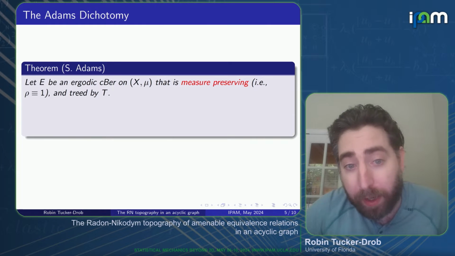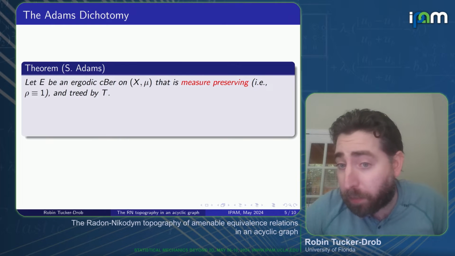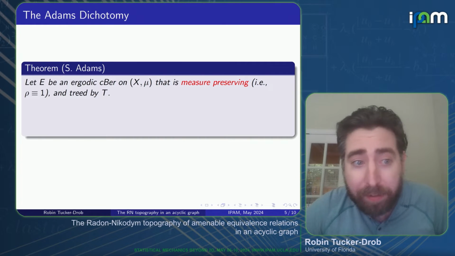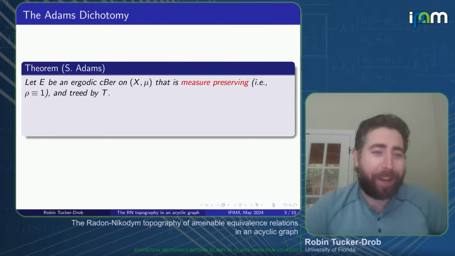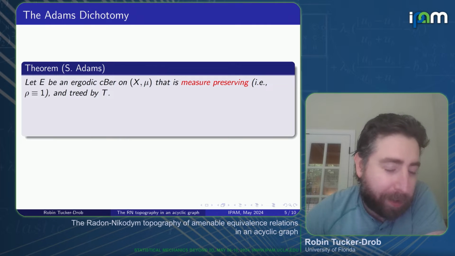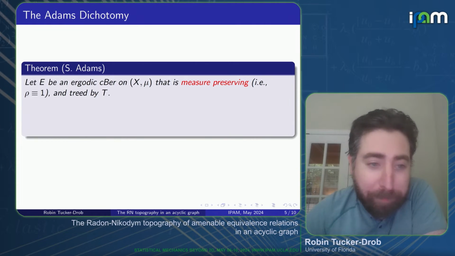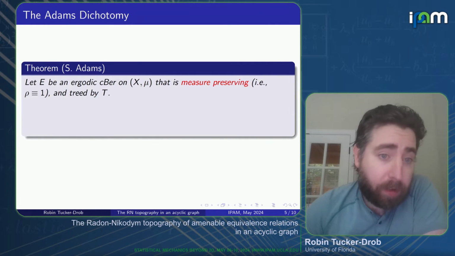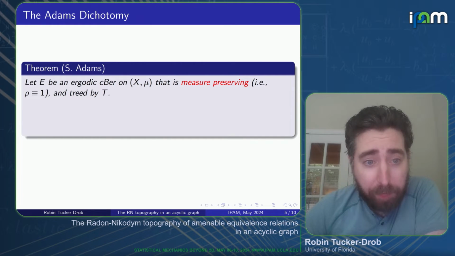So let E be an ergodic countable Borel equivalence relation on (X, mu) that is measure preserving. So the Radon-Nikodym cocycle is identically equal to 1; we're not lumpy at all. Everywhere on the space, everyone looks at all its related points and says they have the same weight. All right, so we have this measure preserving ergodic CBER that's treed by T, and the dichotomy says the following: